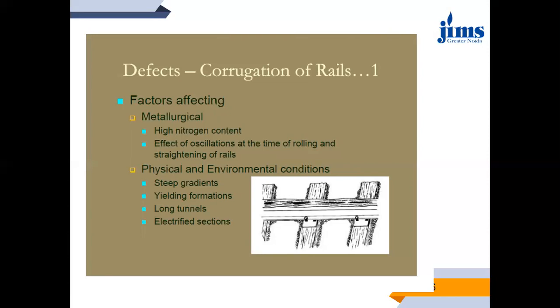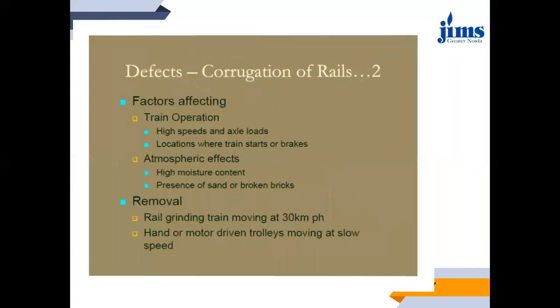Okay. Now, how are these physical and environmental conditions causing corrugation? Because along with the fatigue generated due to the repeated load application from the rolling stock, the environmental or weathering conditions act on the surface of the rail section, which ultimately causes what? The corrugation of rail.